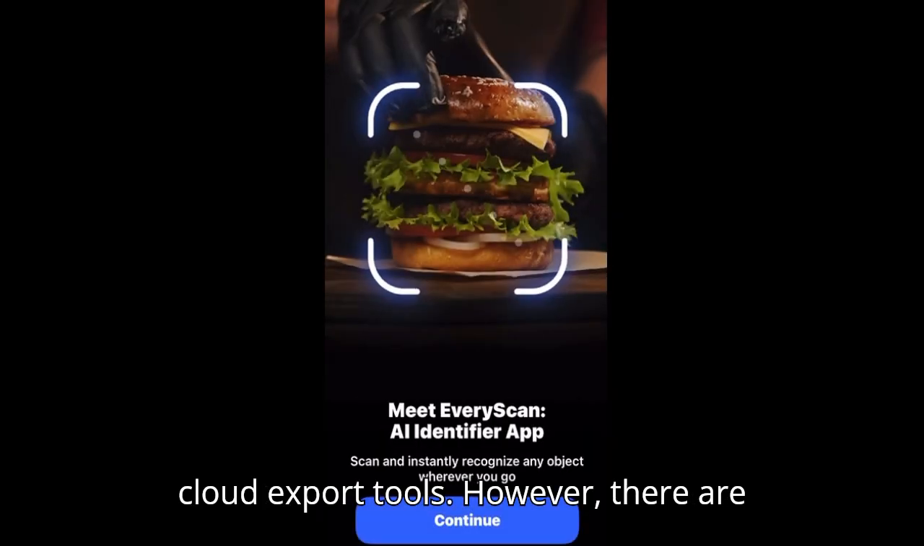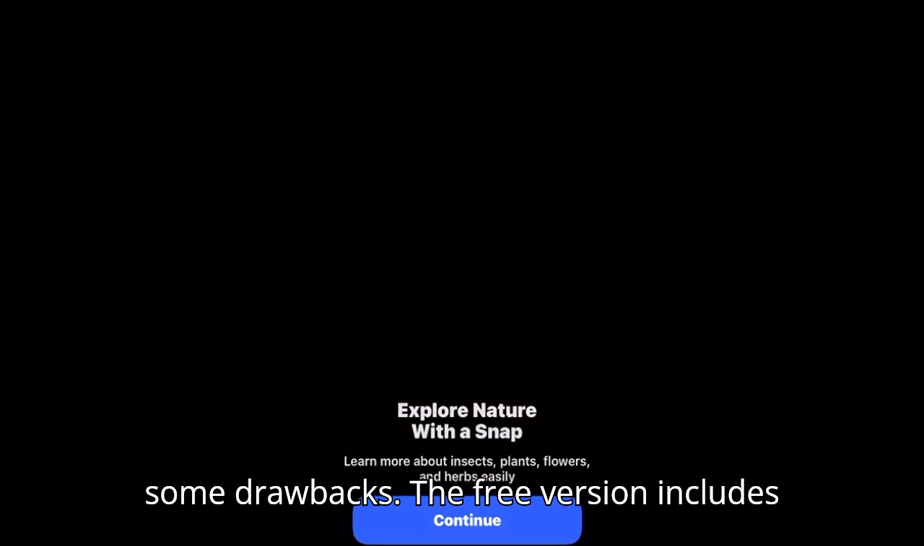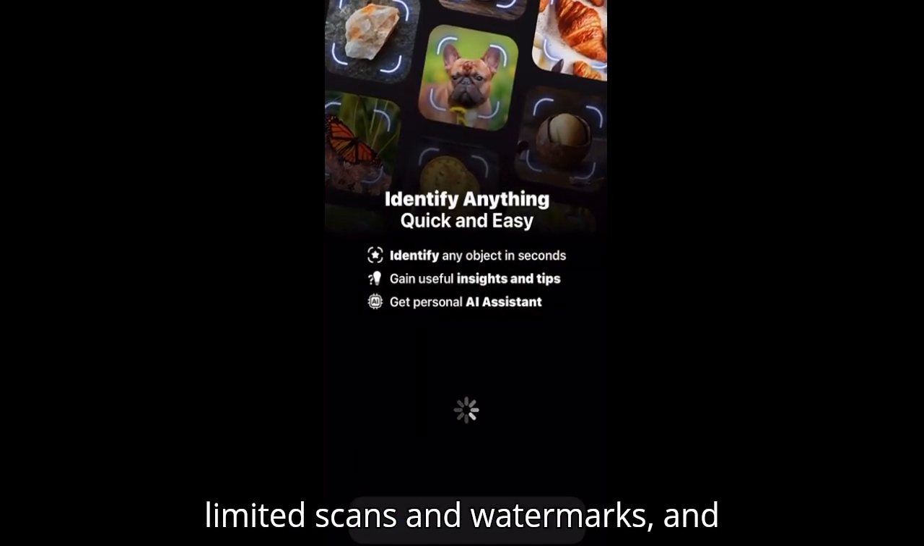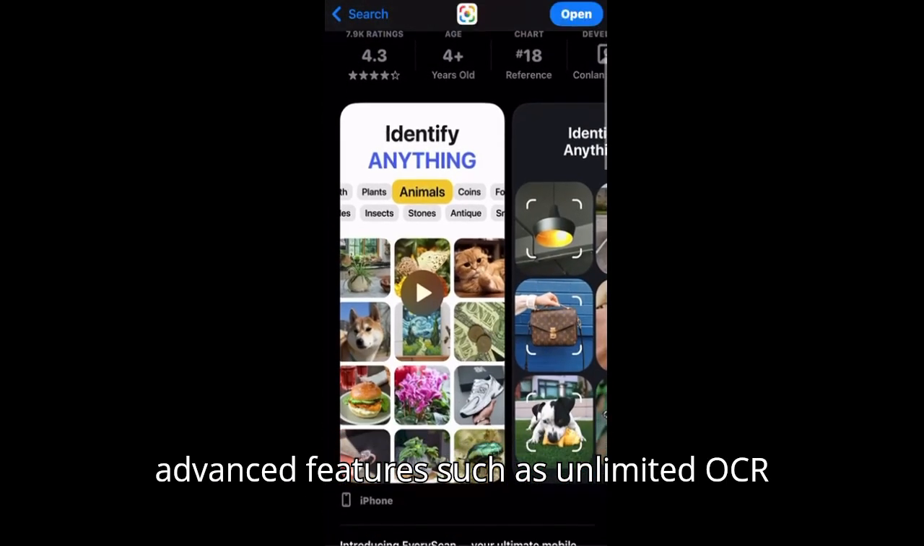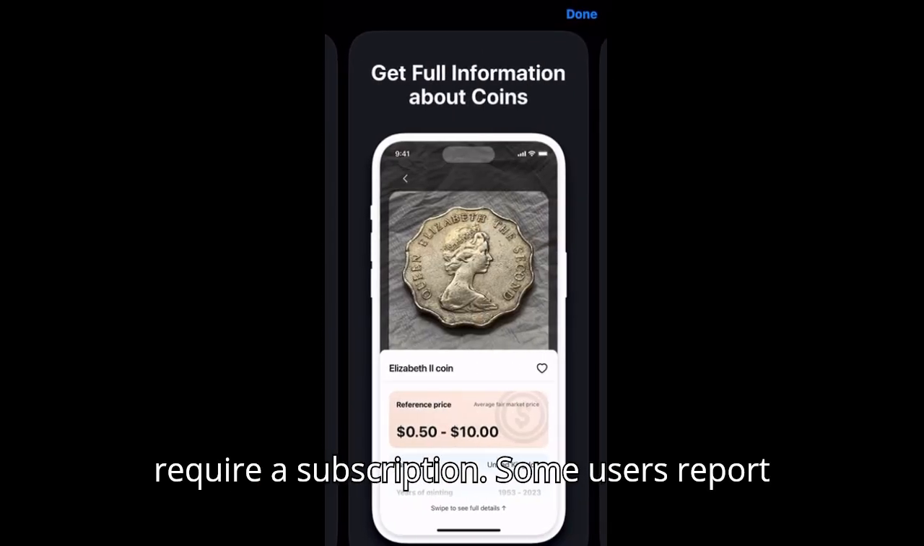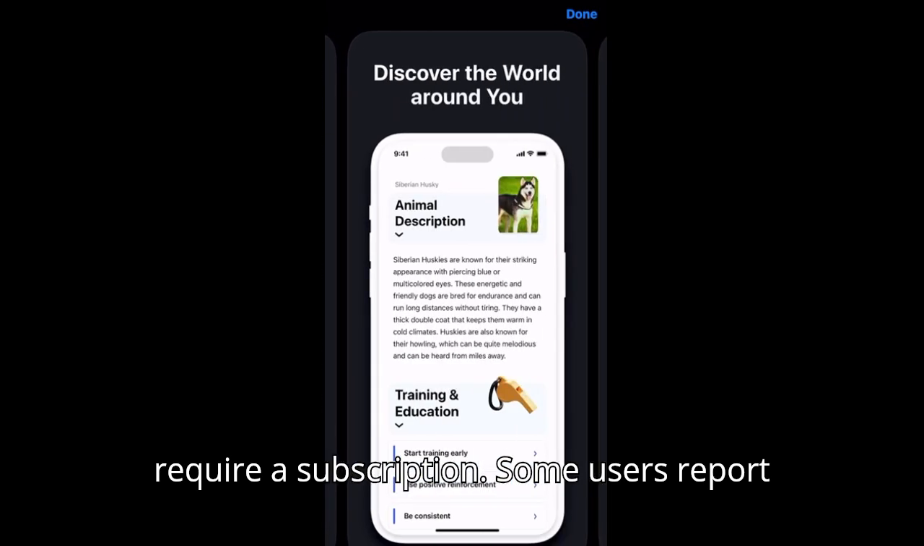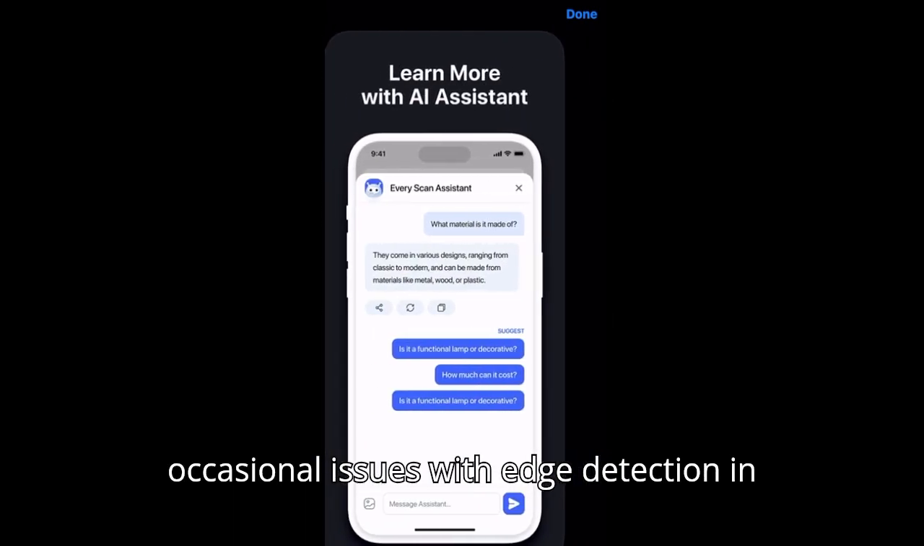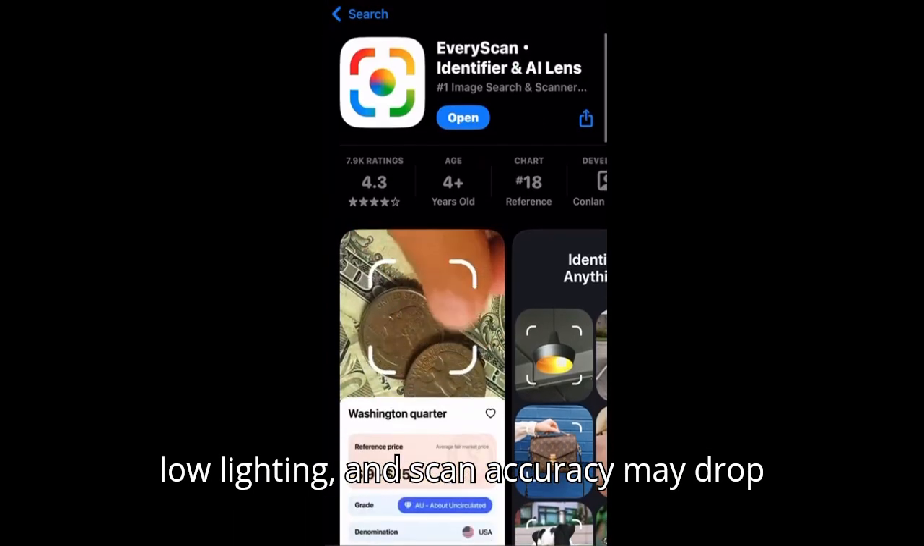However, there are some drawbacks. The free version includes limited scans and watermarks, and advanced features, such as unlimited OCR or higher resolution exports, often require a subscription. Some users report occasional issues with edge detection in low lighting, and scan accuracy may drop with